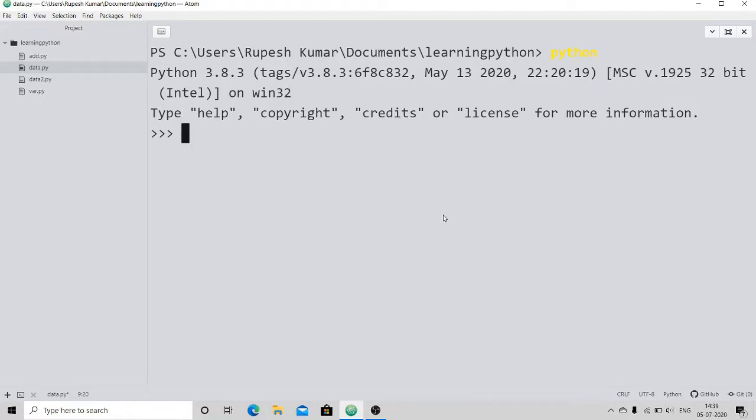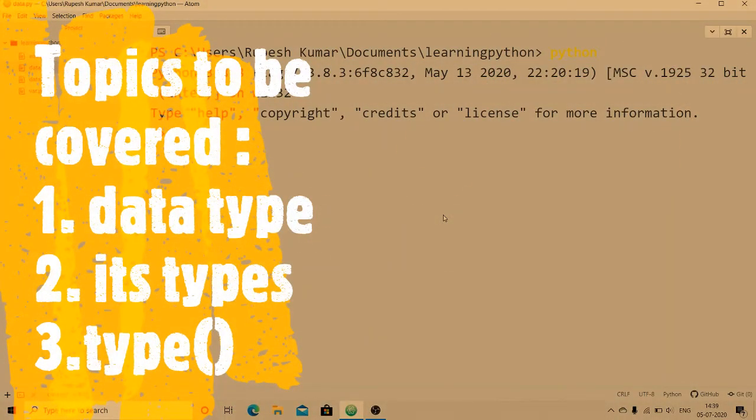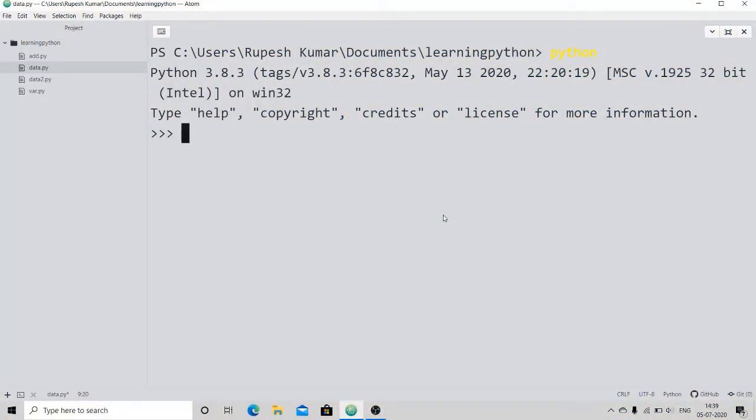Now in this video we are going to talk about data types, which is a very important concept in programming languages. We will be focusing mainly on a few topics. First, we'll see the basic definition of the data type. Then moving forward, we'll see the different types of data types that we can have in programming languages, and then we'll also see how to print the data type of a given variable.